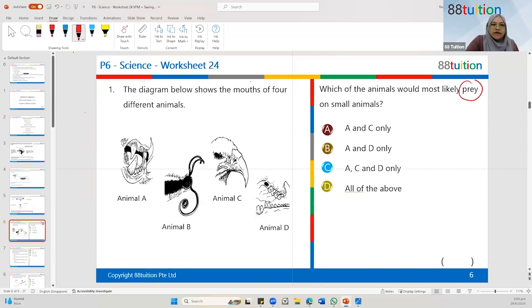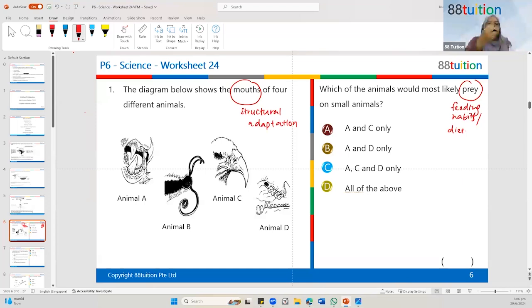Okay, so they're looking at the structure of mouths. So it's a structural adaptation here. Adapted to what? Okay, adapted to their feeding habits. You can talk about feeding habits, or you can say that it's their diet also can. Because let's say an animal feeds on maybe earthworms, for example only, then maybe their mouths